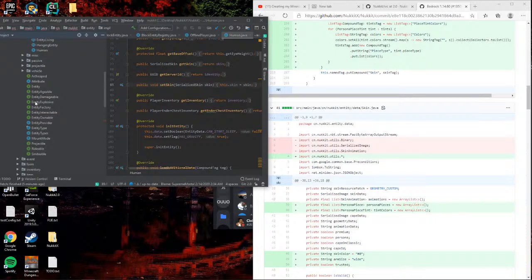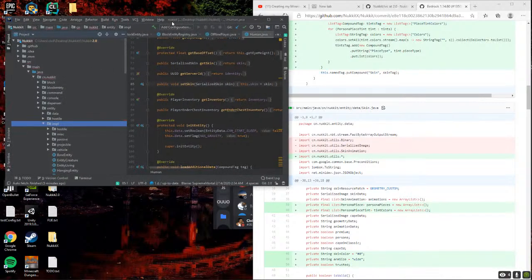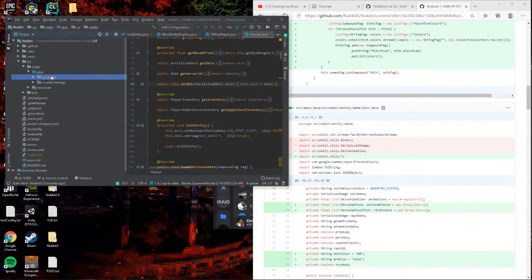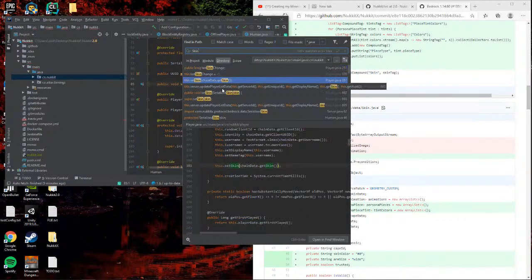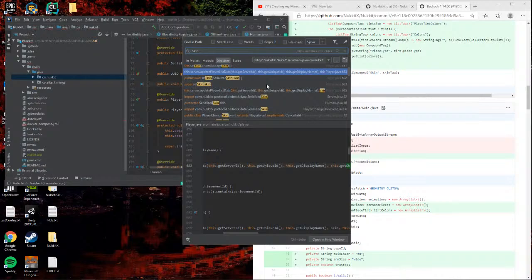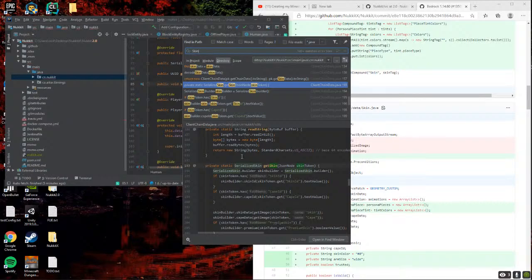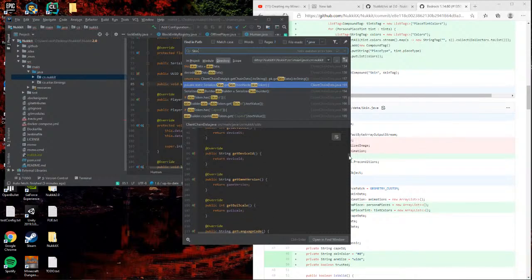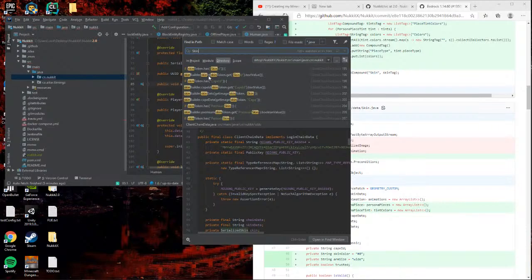So skin doesn't seem to be... serialize your skin. Okay. And this is located in the client chain data. That's not what I want then.